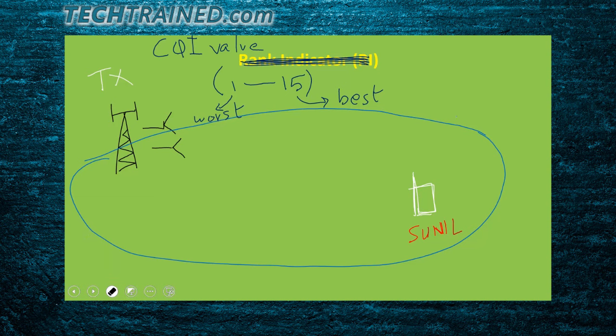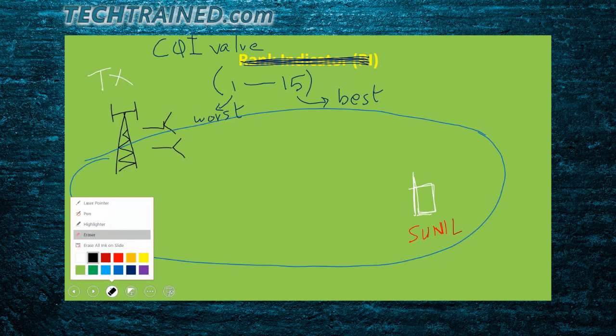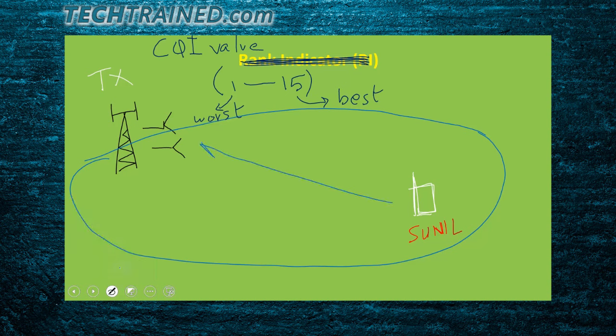As we learned, UE keeps on measuring reference signals when it is connected to an eNodeB, and based on measuring those reference signals, it realizes what type of coverage the user is in. And based on that coverage, if a reference signal received power value is good, it will map that RSRP measurement into SINR, and that SINR value is translated into any of this range between 1 to 15. So if the user is standing away from the cell edge, the user is going to report a CQI value which is not good. Let's say if this user Sunil is standing over here, the UE is going to report a CQI value, let's say equals to